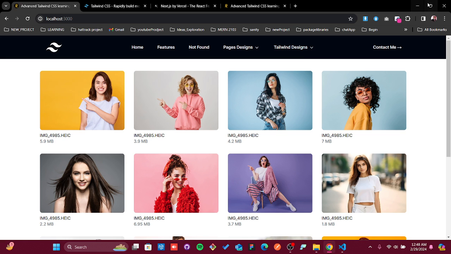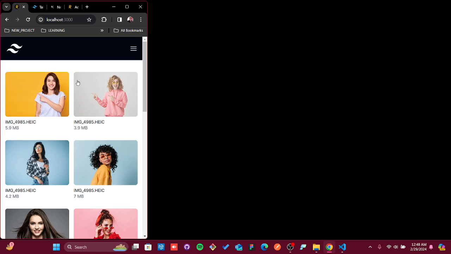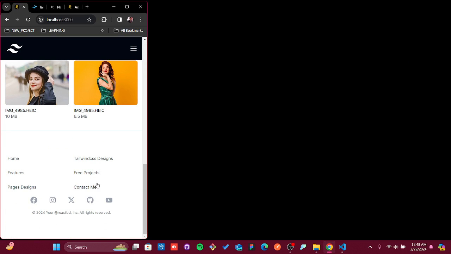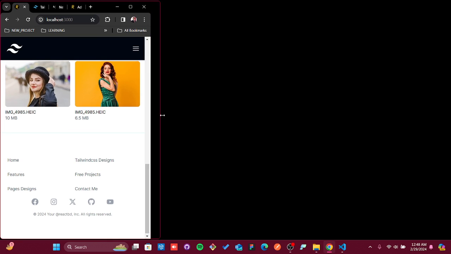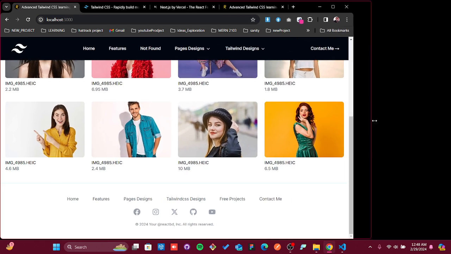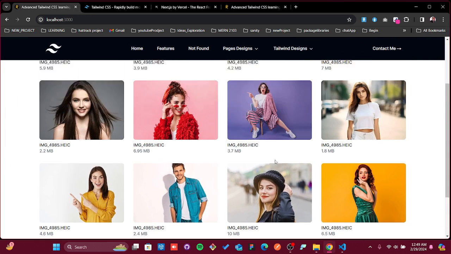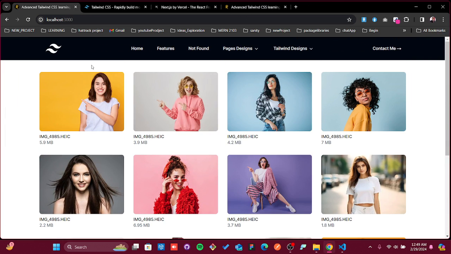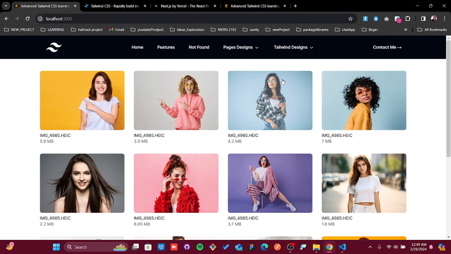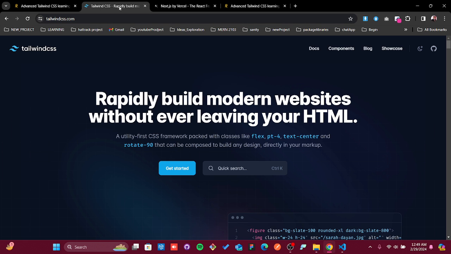Also if we go back to the responsiveness, as you see for small devices, and if you just pull back, you see how cool the responsiveness is, how smooth the transitioning is. These things we're gonna create from scratch, and I'm gonna show you how you can implement that one by one. To make things from beginning till end, we're gonna use Tailwind CSS to create this unique